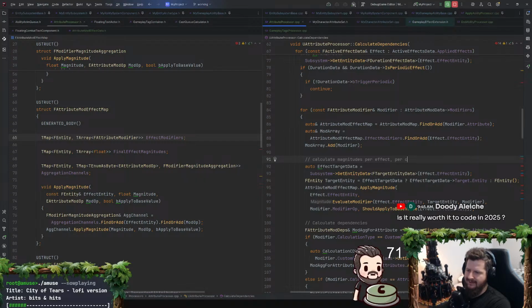Per channel. I should maybe rename the mod op to something like that, because the modifier operation could be additive, it could be multiplicative, it could be override, and I think I'll end up having more as well.